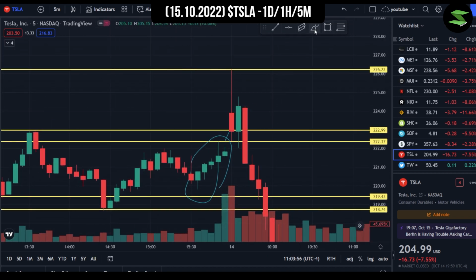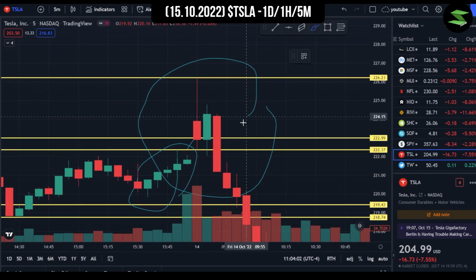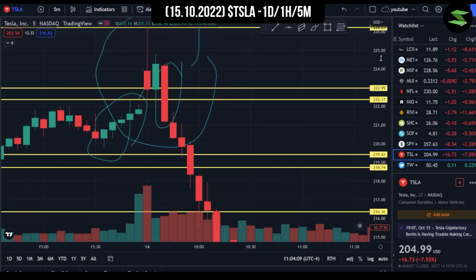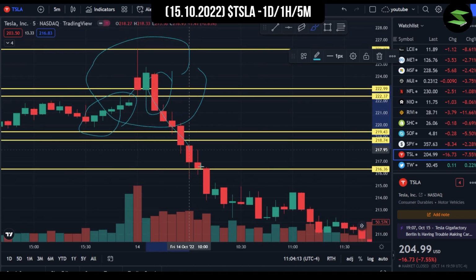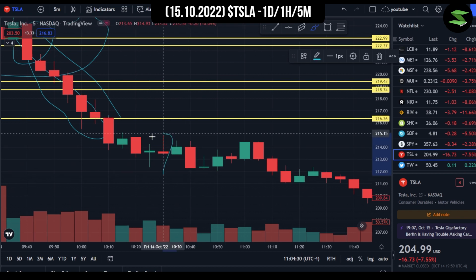After that, we got another reversal scenario. So when you get one big red candle, a smaller green candle, and of course an even bigger red candle, this just indicates a reversal. It's pretty much an engulfing candle trend. And after that, we can see that we got absolutely bearish for the next at least 30 or 40 minutes, I believe, right? After that, we got a breather somewhere around here where the stock did get another reversal